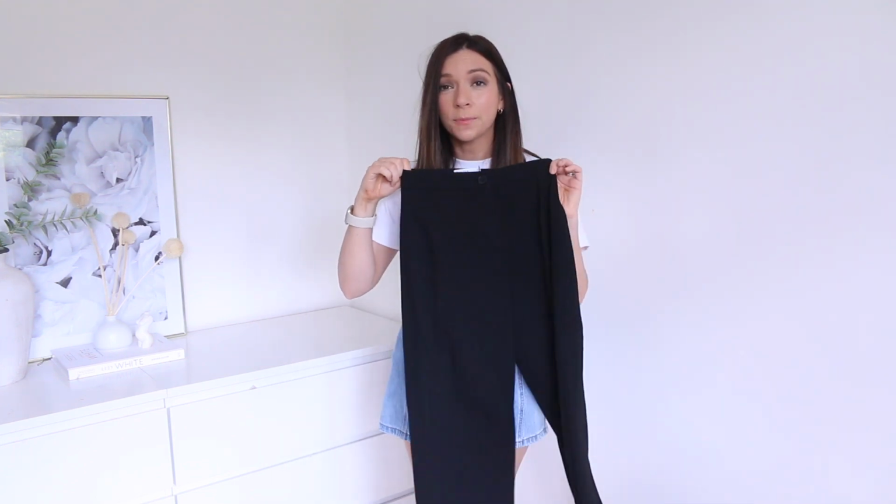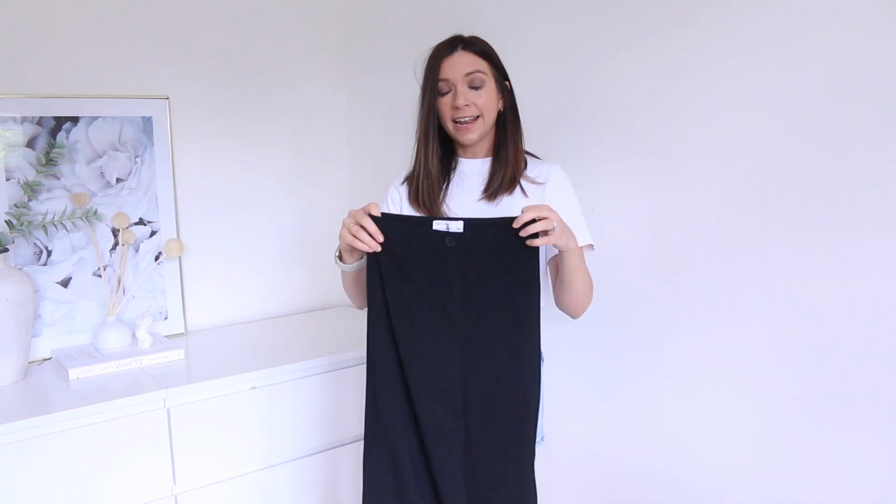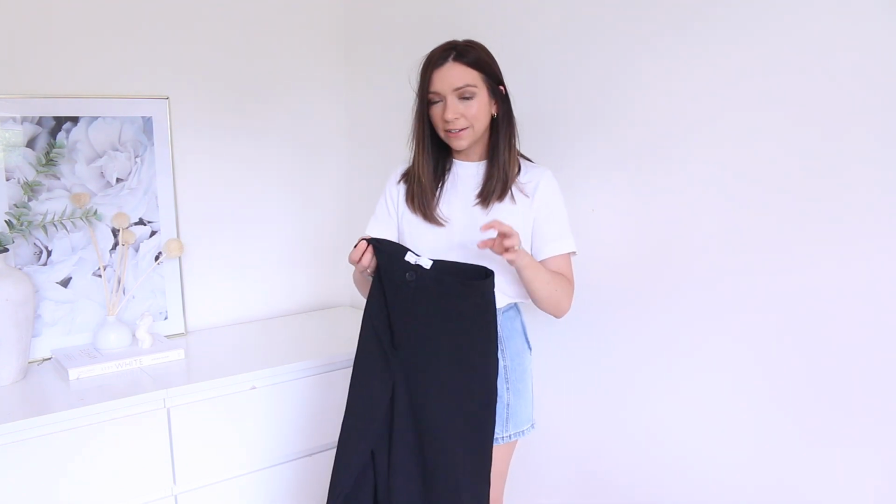And I've had so much wear out of these that they're again just one of those things that I'm really glad that I bought, but I feel even luckier to have bought them at such a discounted price, if that makes sense. So my next item I haven't got on me, and it's in the bedroom, and I'm not going to lie, I can't really be bothered to go and get it, so you'll have to excuse me, but